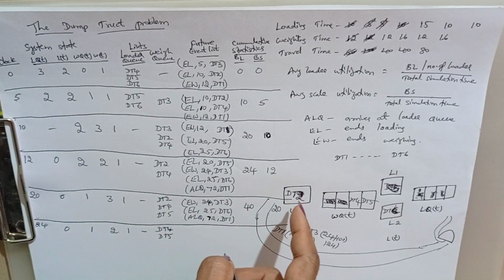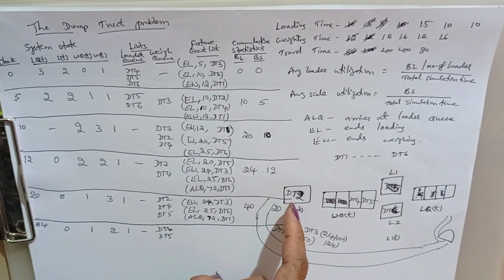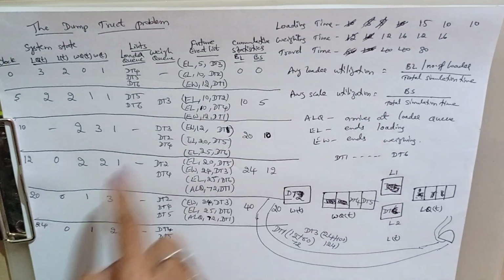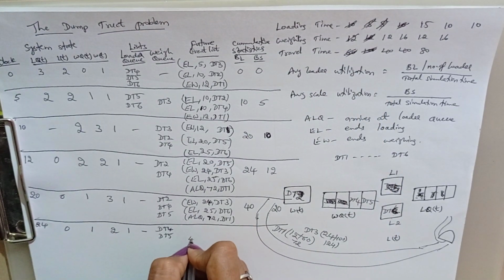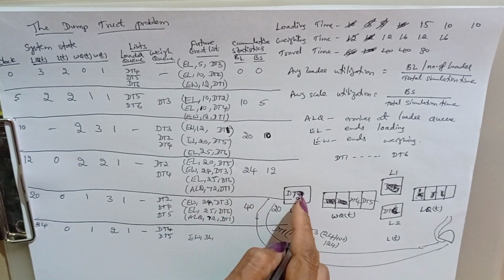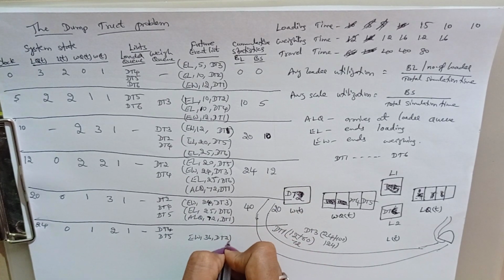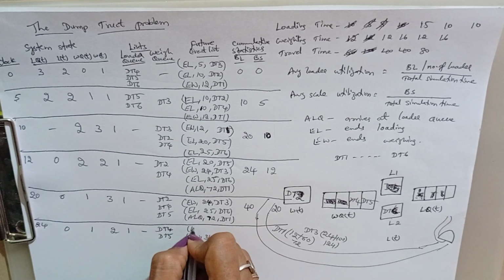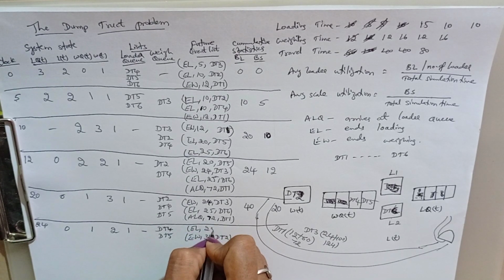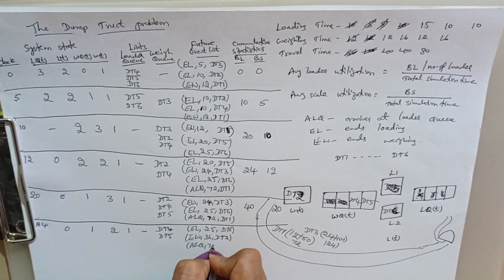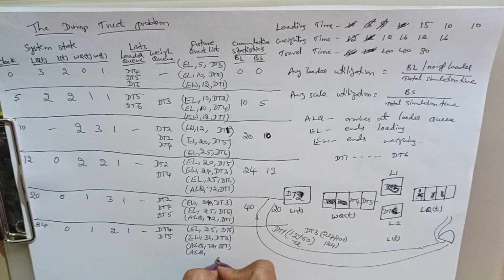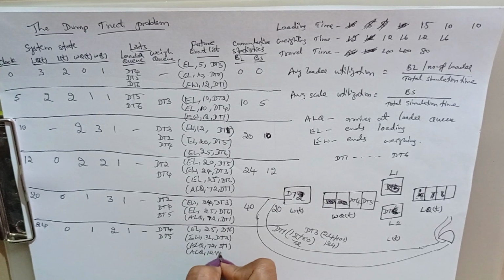Now we need to write this weighing time, that is the next weighing time is 12 and the present time is 24. So 36, that is EW 36 and the truck number is 2. Here already EL 25 is left. So as it is we need to write. Next ALQ 72, that is truck 1. As well one more ALQ, one more is on traveling, that is truck 3 124.